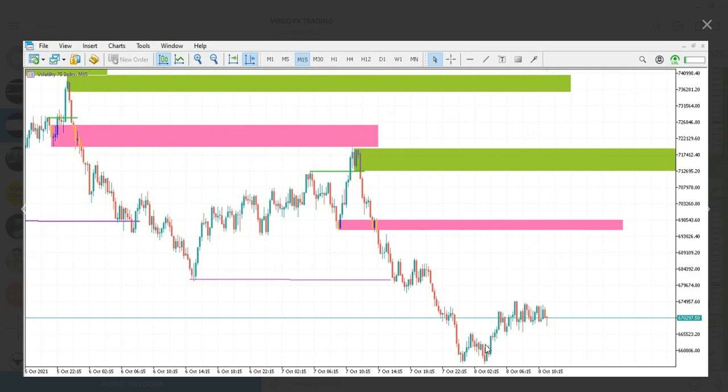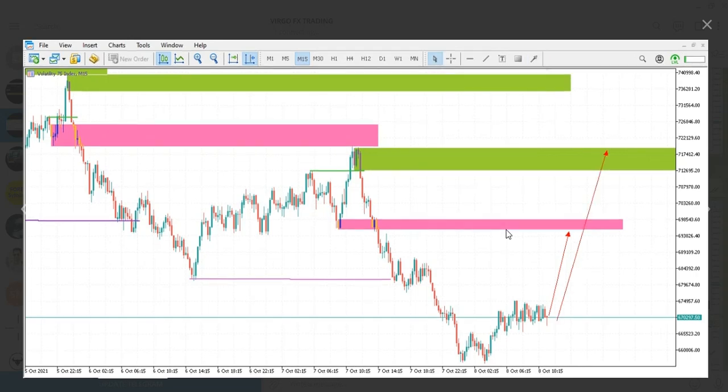Here we see, let's notice, we have an equal low here. We have an equal low. Whenever there's an equal low, price will come down and clean all the liquidity below it. So now, what do you anticipate? You anticipate for price to come up and respect this hidden order block here, this hidden bearish order block here,